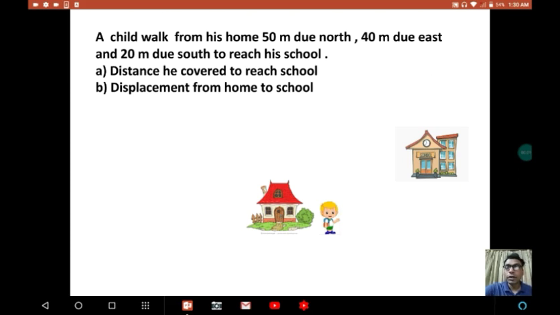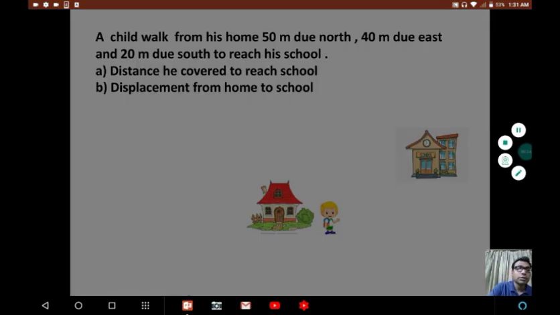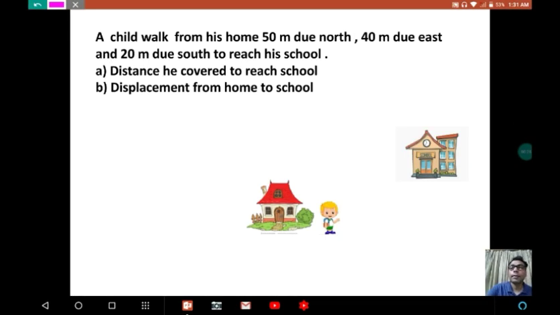So this is the numerical in which we have to calculate again the distance and displacement. And you can see, a child walks from his home 50 meter due north and 40 meter due east and 20 meter due south to reach his school. So here the school, you can see, the child is moving 50 meter